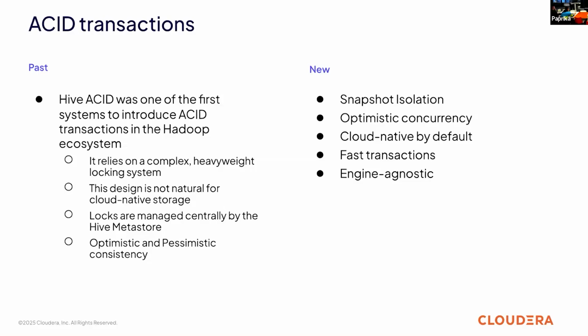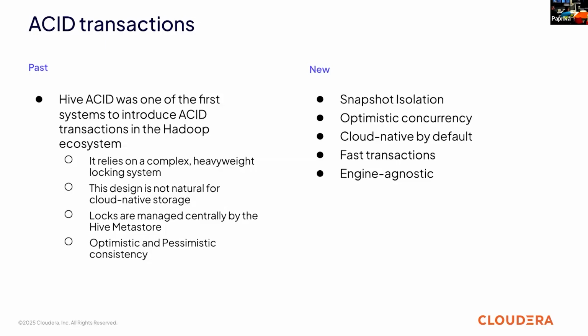There are so many arguments on Stack Overflow or on Reddit about how good or how bad the implementation was. But again, this was the first one, the pioneer on the market. Yes, it was heavy, it was complex, it was kind of locked in, because you have a vendor lock for the Hive ACID itself, and other engines are not able, or only very limitedly able, to read the data files or the tables.